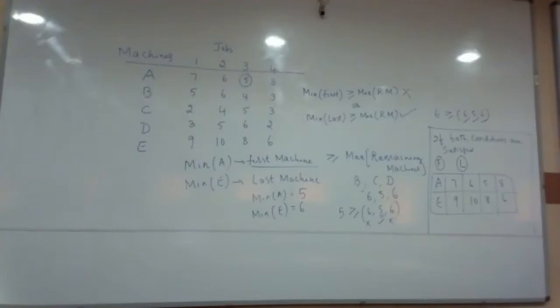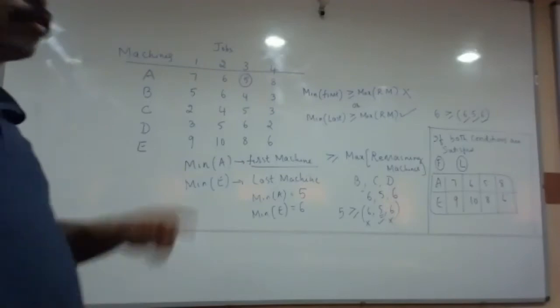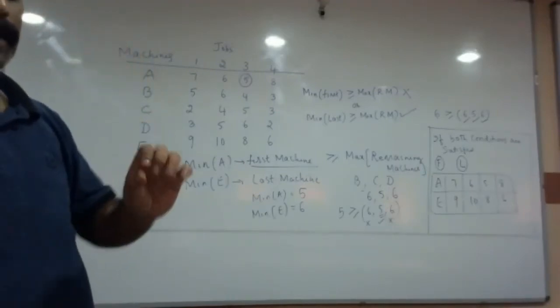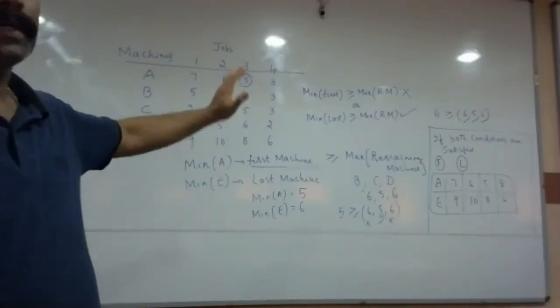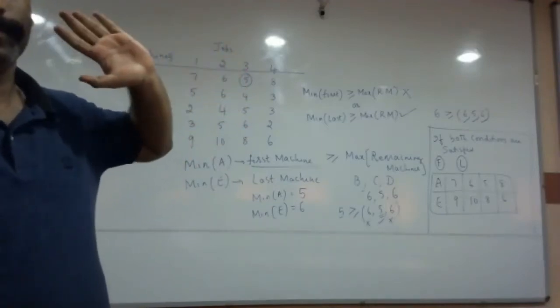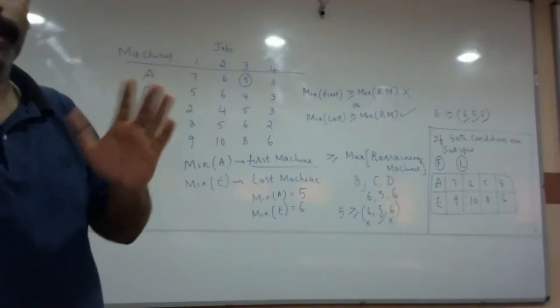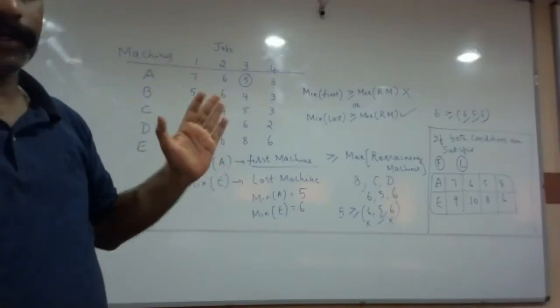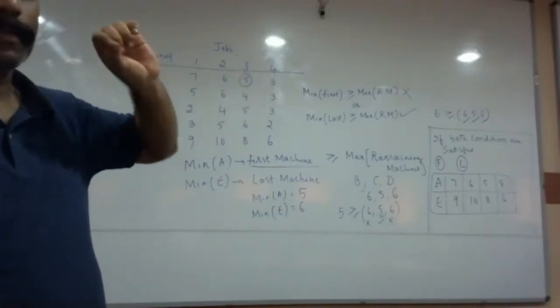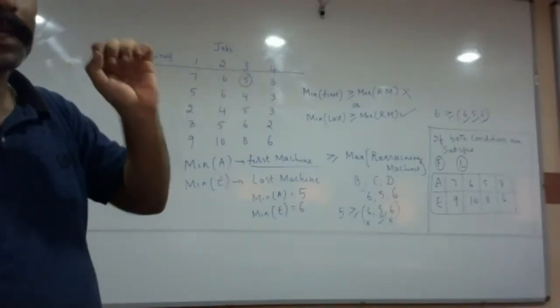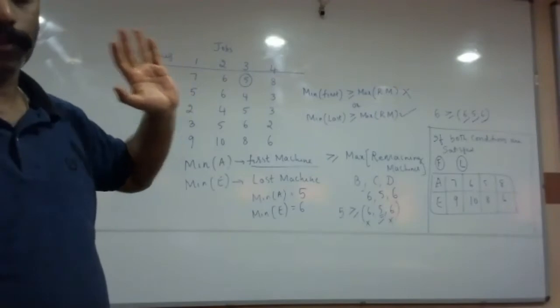Hello? Maybe we shift one of the machines later, like A becomes the last one and B becomes the first one. No. If both the conditions are not satisfied, you can simply come to a conclusion that this problem does not have any solution. We don't have to do any other calculations here. You can stop the problem there because the problem has not satisfied the minimum requirement of Johnson's rule.